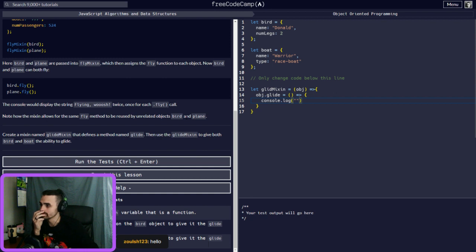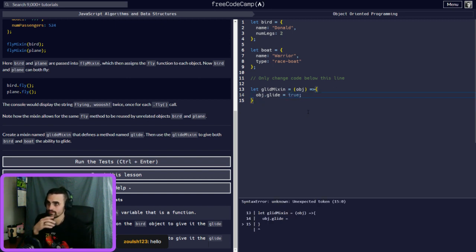She used the mixin on the bird to give it the glide method. So is it going to be true? It's going to be true. So we're going to make it equal to true, right?